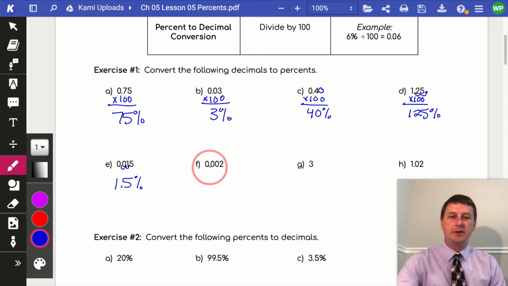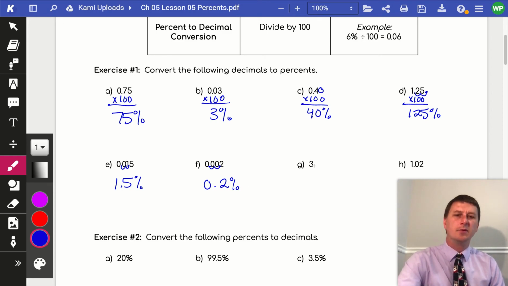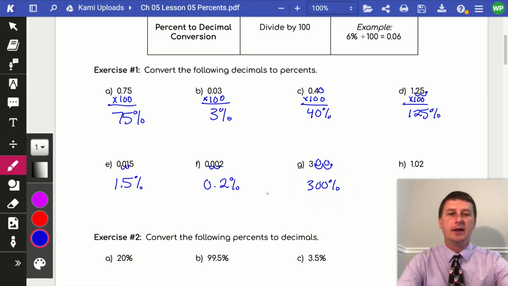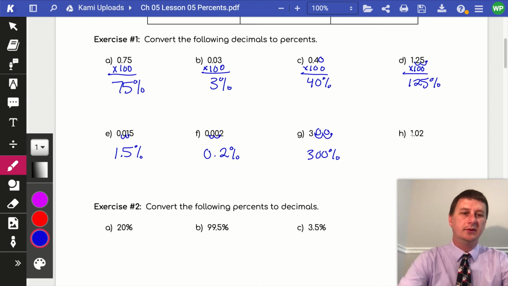We can move this decimal place to multiply by 100. It's going to move our decimal place twice to the right, and we're going to have 0.2%. Now, if we're using that decimal point trick, that decimal point at the 3 is right after the 3. So if we move it twice to the right, we have two empty loops right there. And inside those empty loops, each get a 0. So 3 is really 300%. And finally, 1.02 times 100 would give us